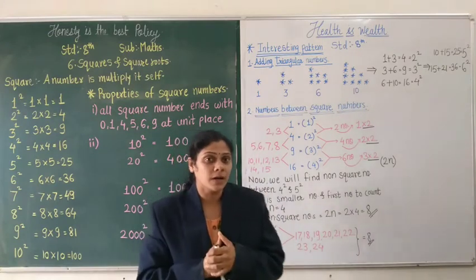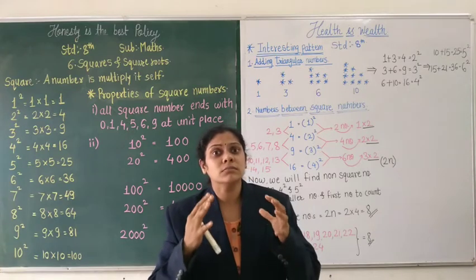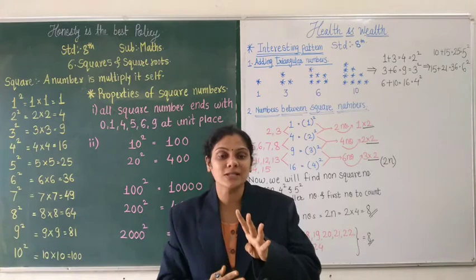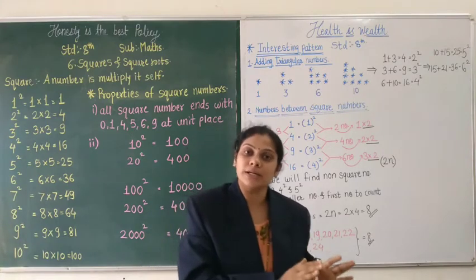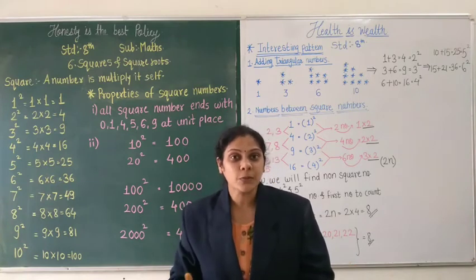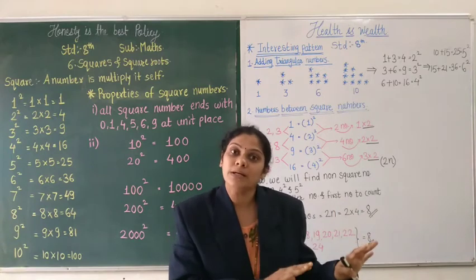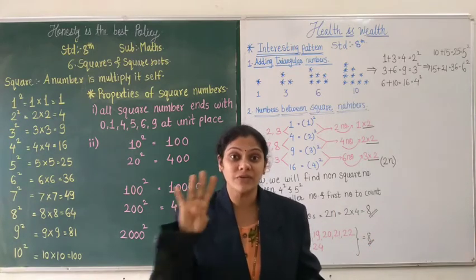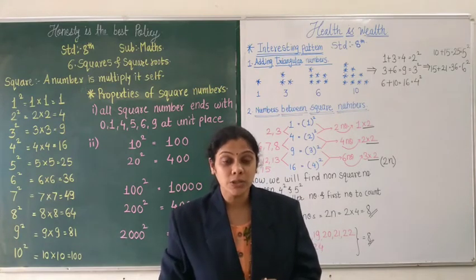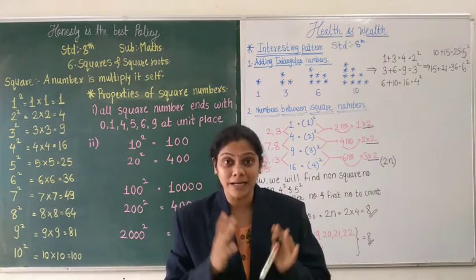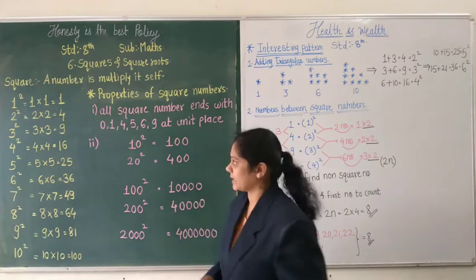Now there will be one question that will arise in your mind. Square means a closed figure which has 4 sides and 4 angles. But listen students, that is a geometrical square, and this type of square that we are going to study is in algebra. Geometrical square is a closed figure which has 4 sides and 4 angles. But in algebraic square, we are going to study that when a number is multiplied by itself, we get the square number of that number.